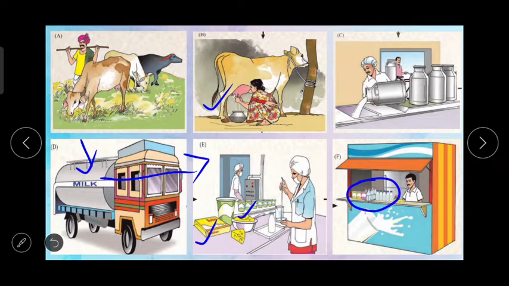Which of these products are perishable and which are non-perishable? Then will the price and weight of these products be same as that of the milk? Not at all. मिल्क का जो वेट है वही वेट मिल्क से बनाए गए प्रोडक्ट्स का नहीं होगा. देयर इज डिफरेंस बिटवीन द वेट ऑफ द मिल्क प्रोडक्ट्स एंड द मिल्क.